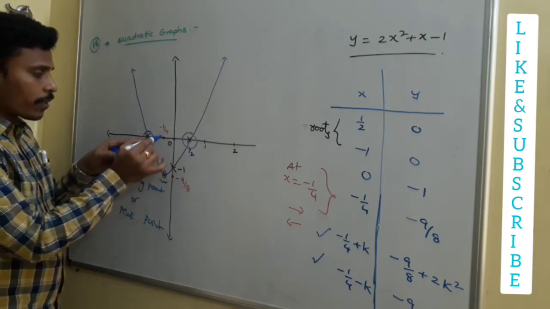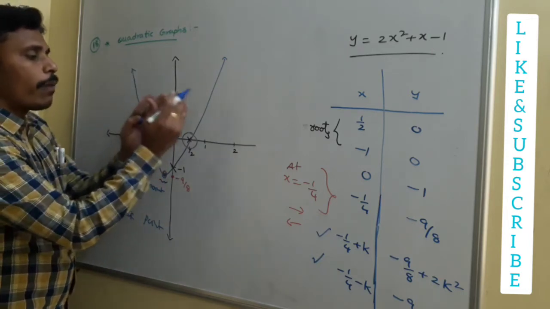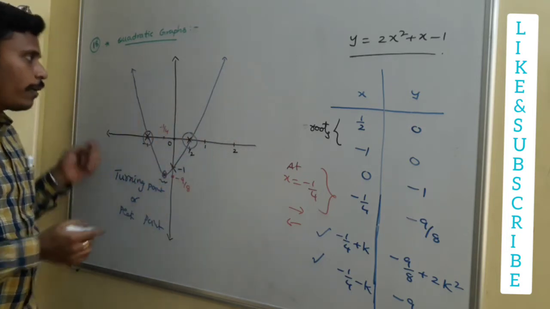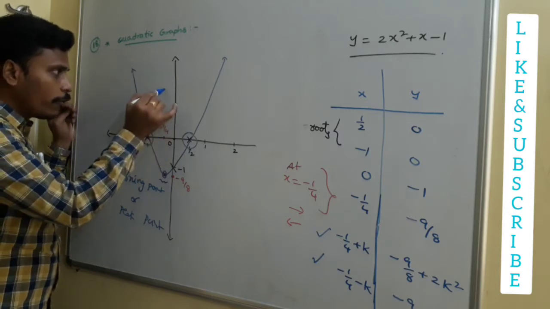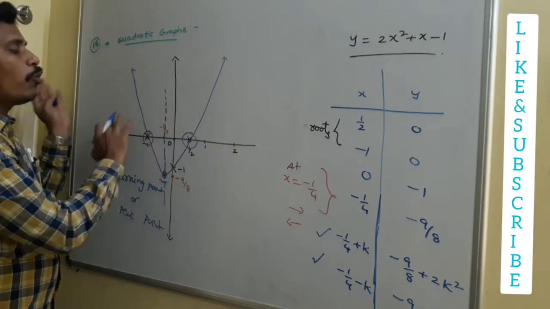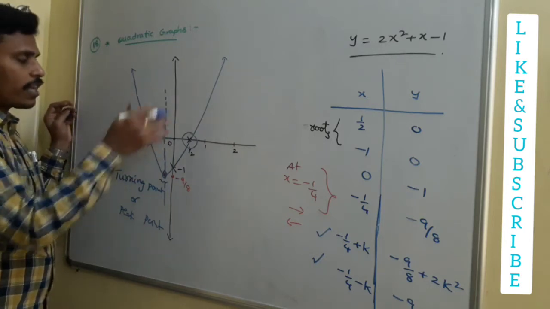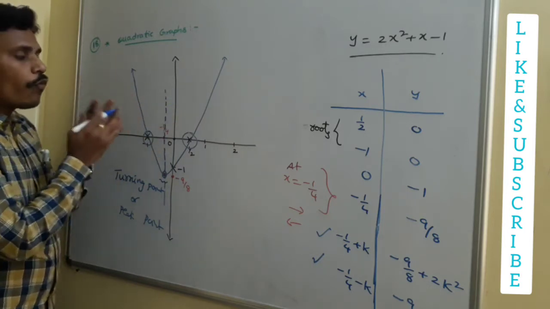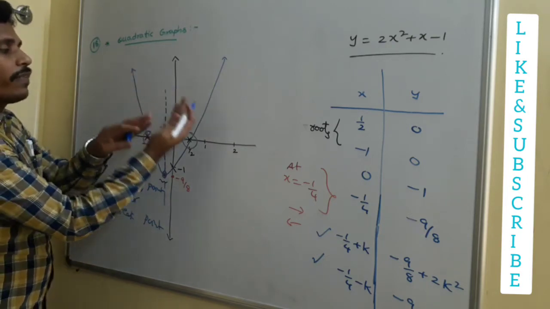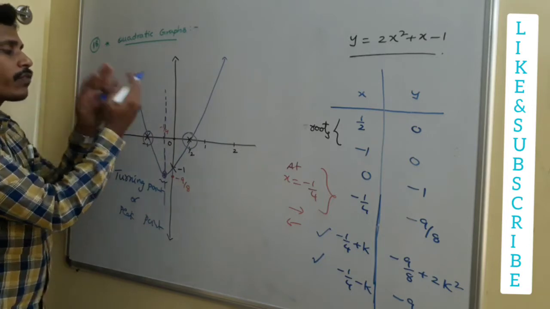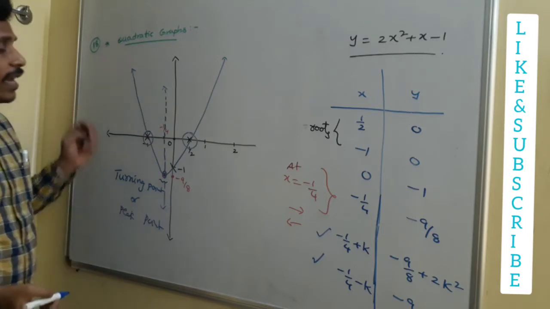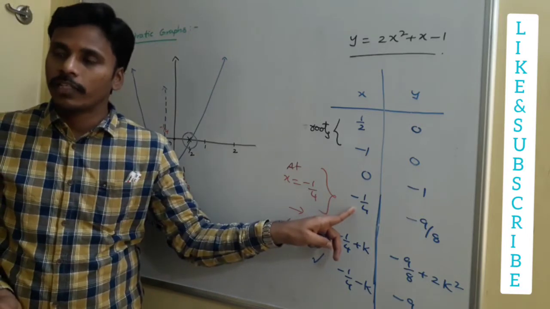After this, see, this is minus 1 by 4. After that minus 1 by 4 and before that minus 1 by 4, the graph looks the same. So if you imagine a line at this minus 1 by 4, the graph is the same in both cases. Maybe this is a rough graph, right? If you go with an exact graph and imagine a line at this minus 1 by 4, the graph is the same after and before it. That's why we usually say the graph is symmetrical about this minus 1 by 4.